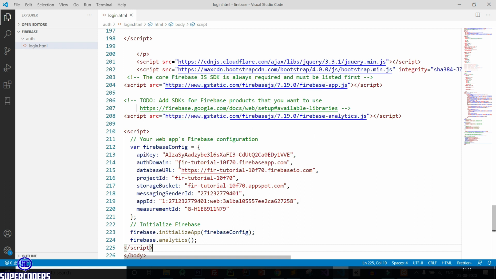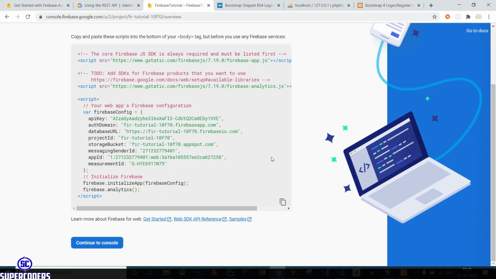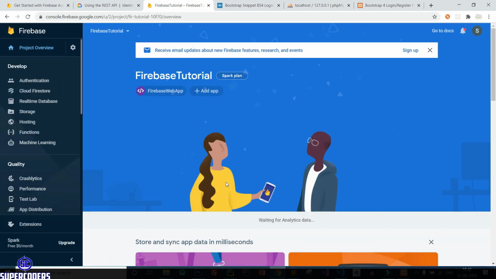So using this code our page will be connected to Firebase server. Again back to project. Now after that click on continue to console. So it's done.